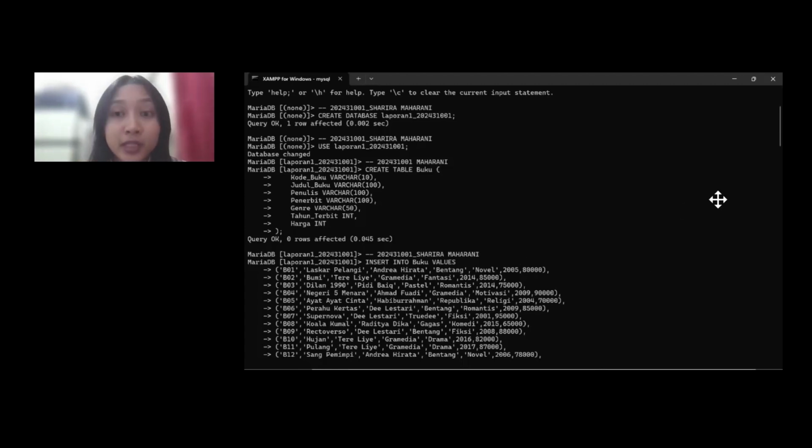Okay, first, I create a database using the command create database laporan 1_2024 which is my student ID. So this command is used to create a new database that will store all the data including the book table